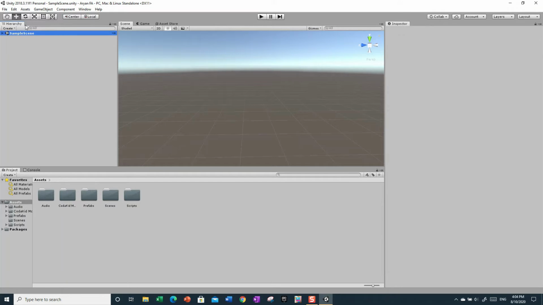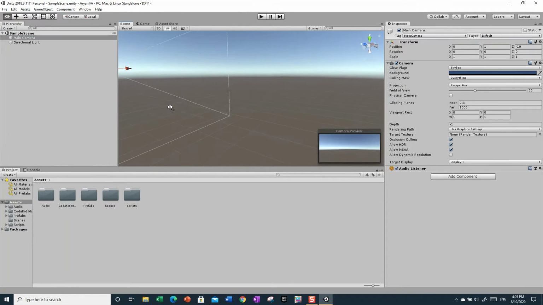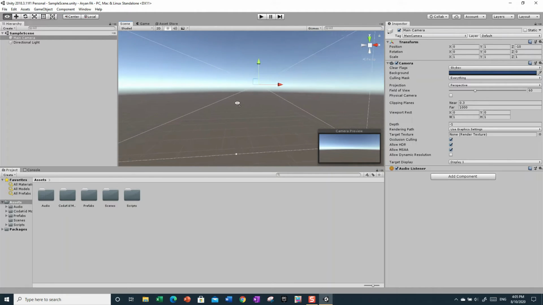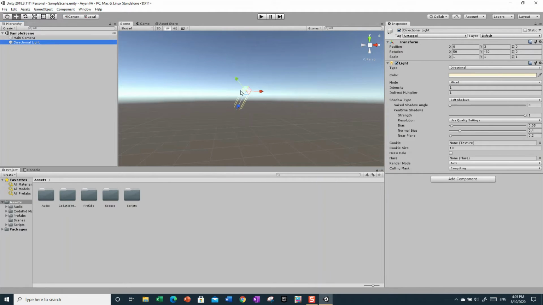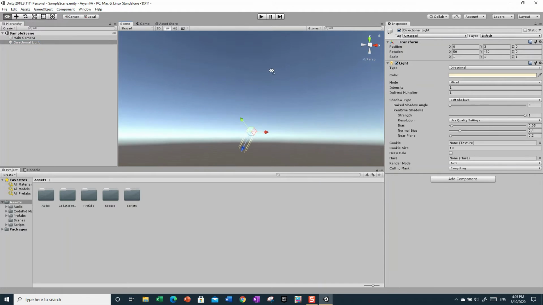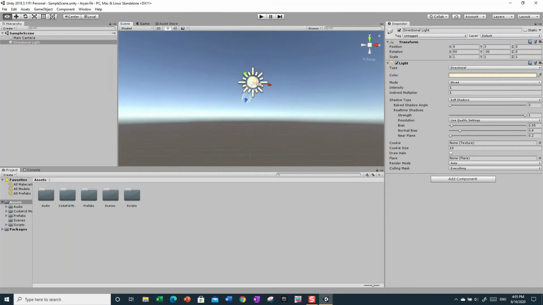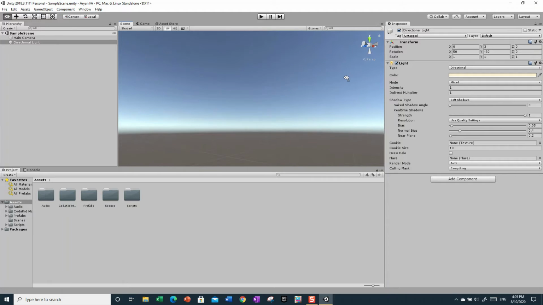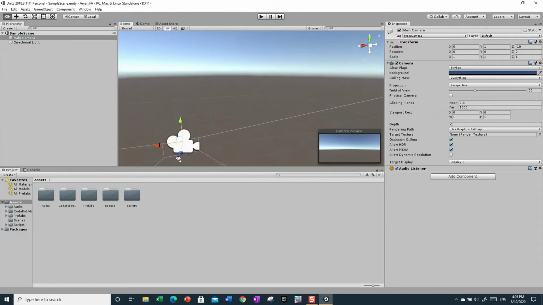I'm hovering my mouse over it, and all you want to do is press on Hierarchy. I've already pressed on it, and then you will see Sample Scene, and you want to move this arrow down a little bit, and then it says Main Camera and Directional Light. The Main Camera will bring you to the camera, where we spawned before. It's the closest way to get there. And Directional Light is the sun. So if I go up to there, you would see the camera and you would see the sun, the directional light, and the main camera right there,